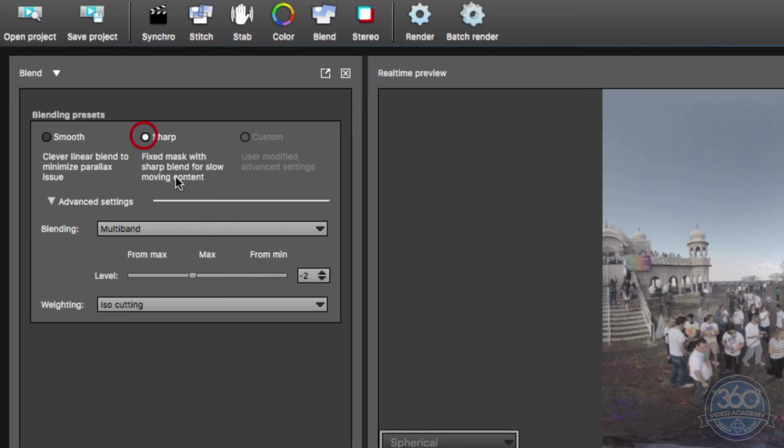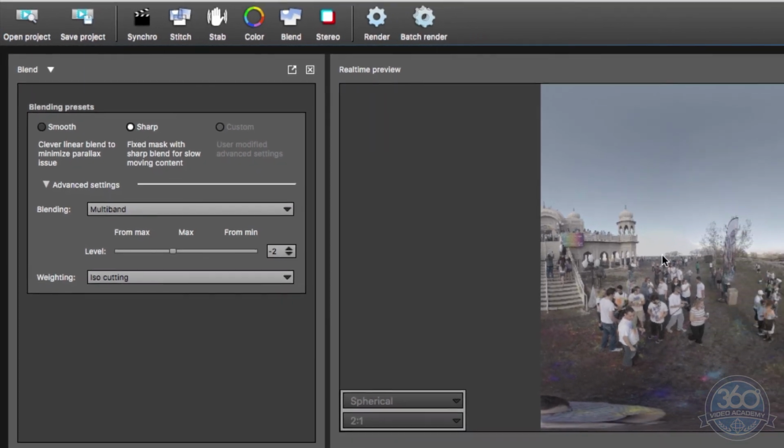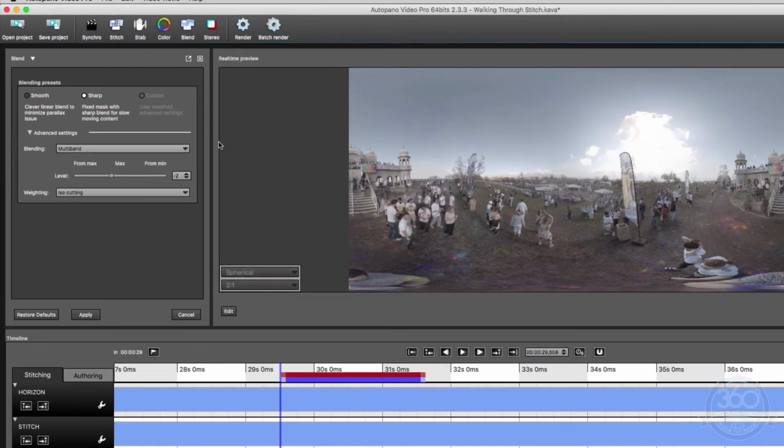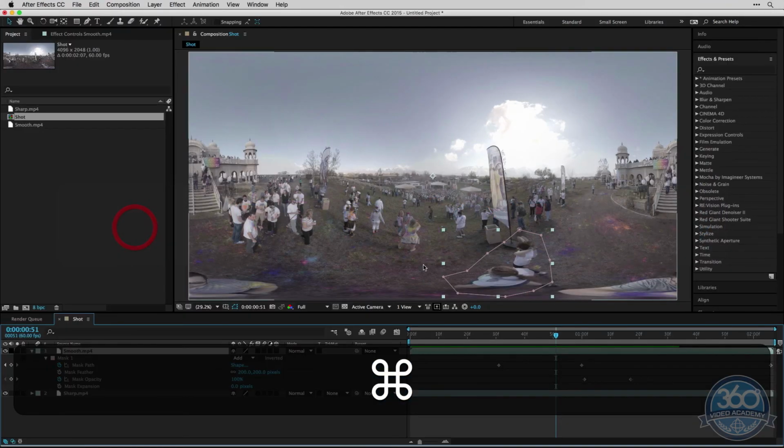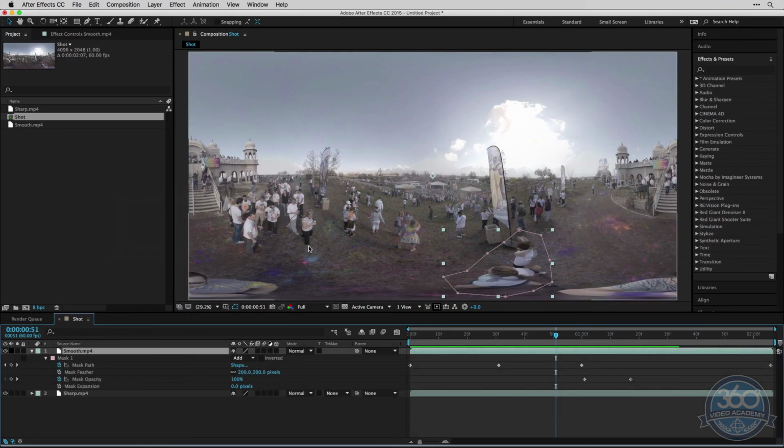Usually, again, I'm always on sharp. That's how I do 99% of my stitches. But there are occasions where I do want to bring in that smooth blending data from AVP because it does such a great job. And it's really fast and easy. And then I can just mask the areas that I want to keep and keep everything else as sharp